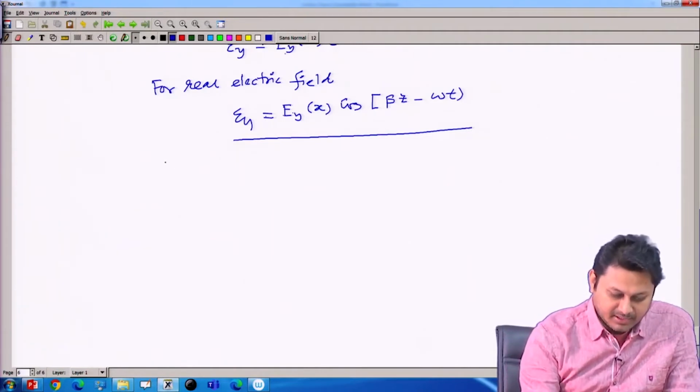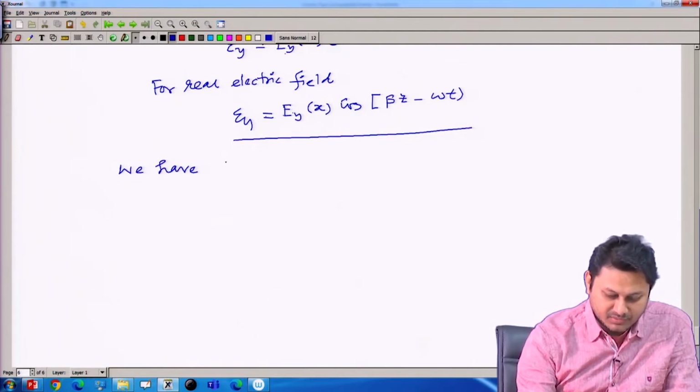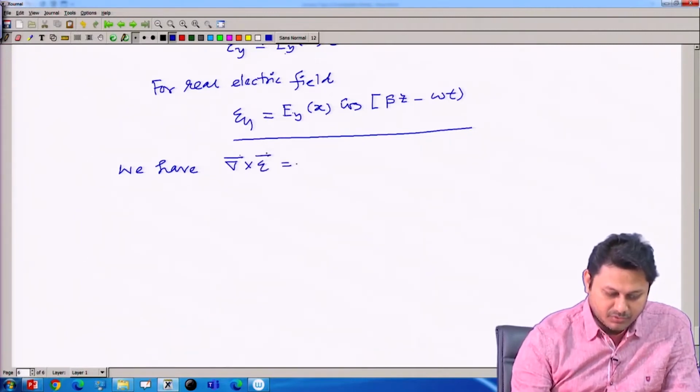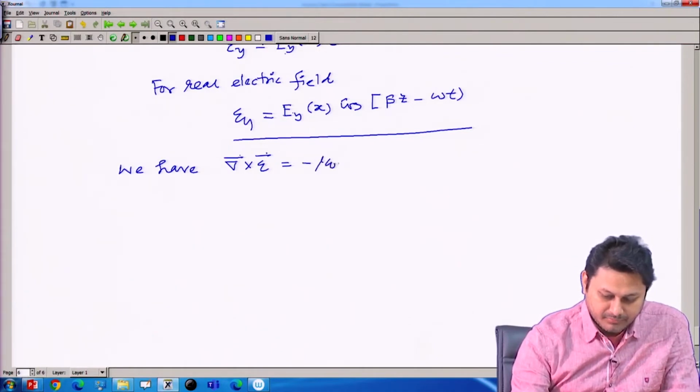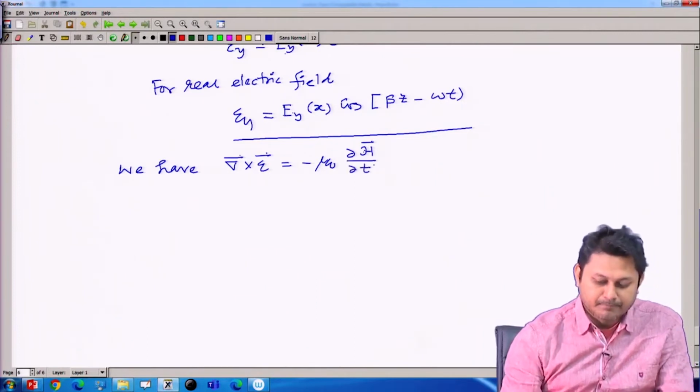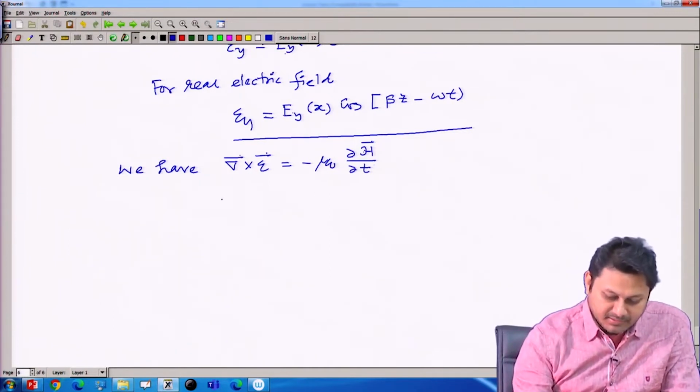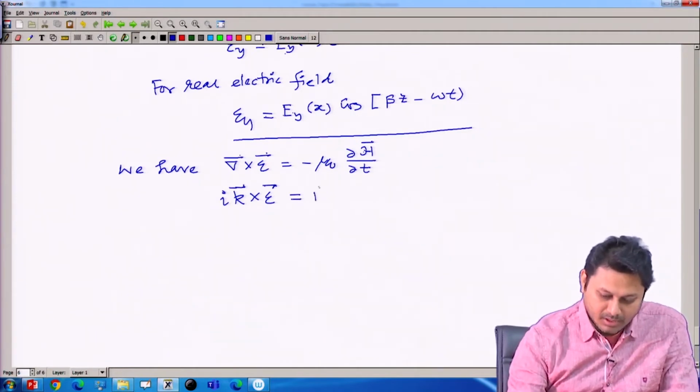Now, if this is my electric field, we have in our hand the Maxwell's equation, which says that curl of E should be equal to minus of mu 0 del H del T. So, I can replace this thing as I k cross E is equal to I mu 0 omega H,